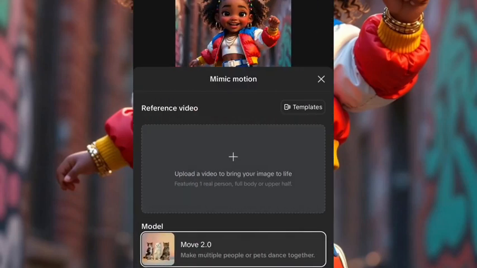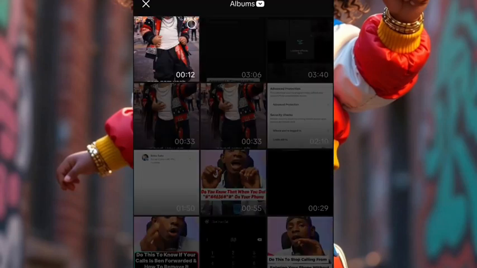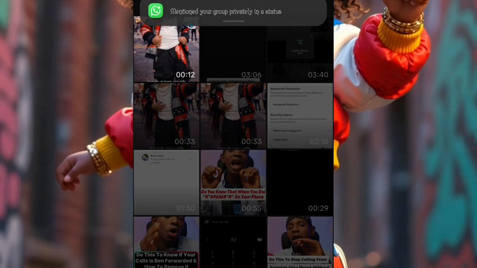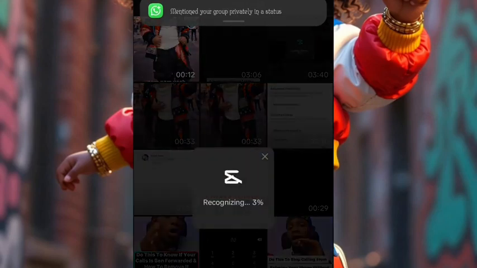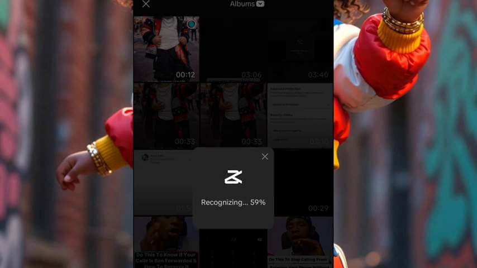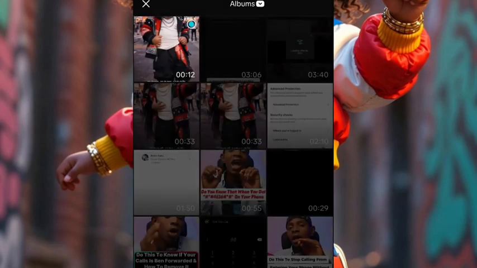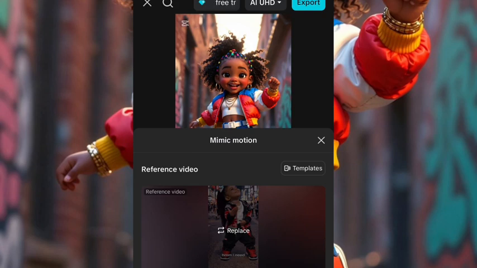Again, so that we add the video again, we click on upload video. Now, this is the video up here. We select the video and we click on next. After we click on next, the video is recognizing. As you can see, the video is uploading. So let's give it some minutes. Now the video has uploaded. So as you can see,